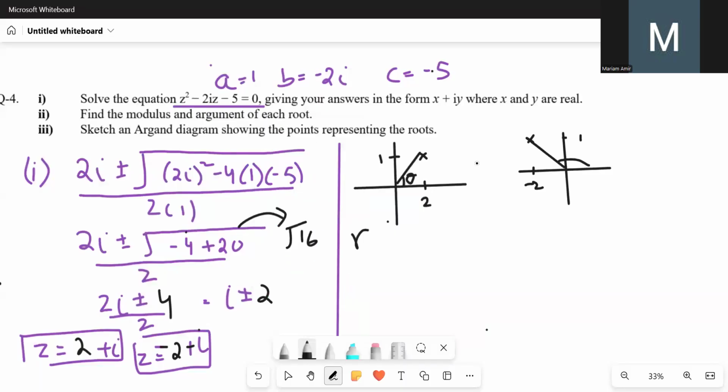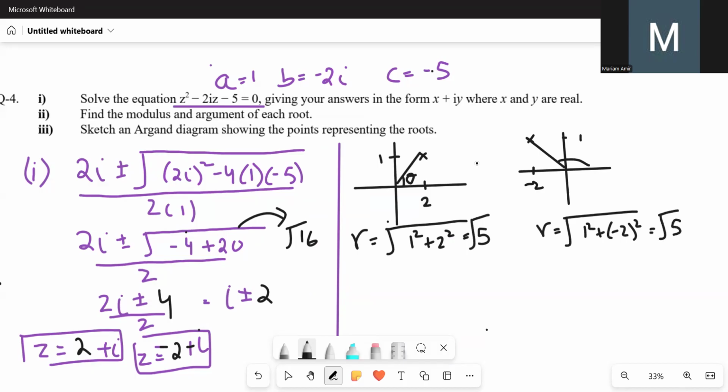So the modulus for both of them is going to be square root 1 square plus 2 square, that is 5. Same here, square root of 1 square plus, even if you don't write negative 2 whole square and just 2 squared, it's the same thing, so it's going to be square root of 5. Okay, now for the argument here, we're going to use tan inverse 1 over 2. So tan inverse of half